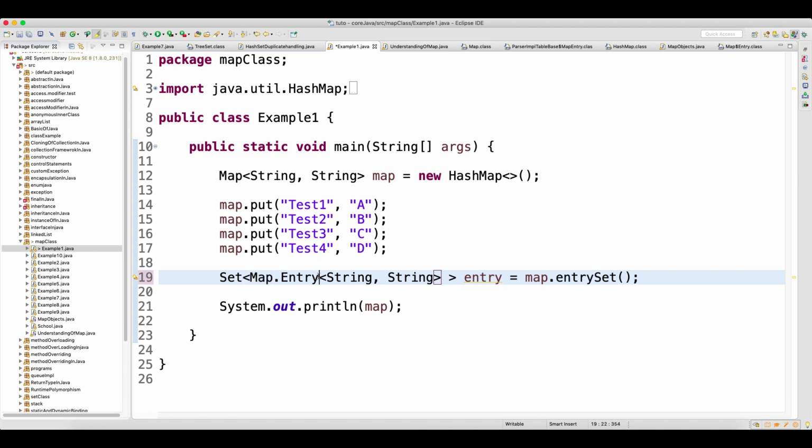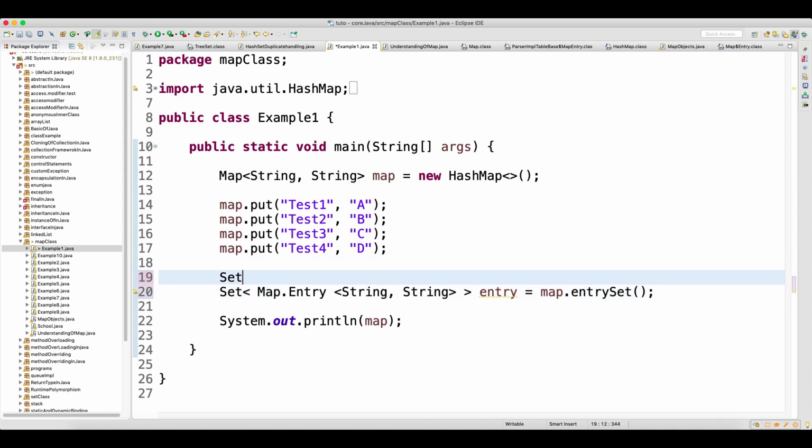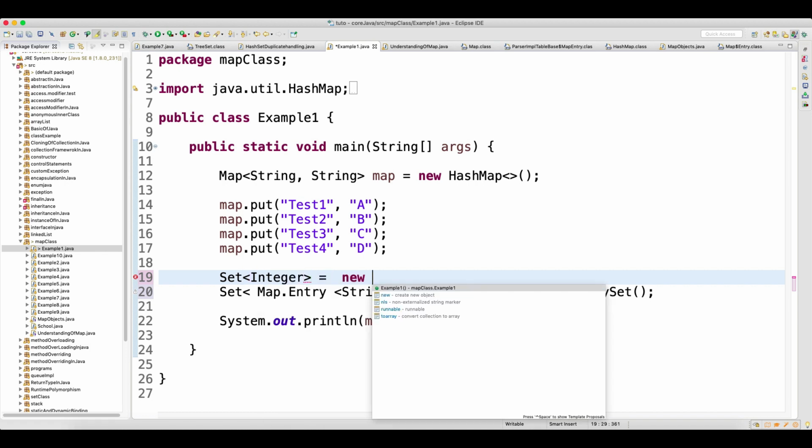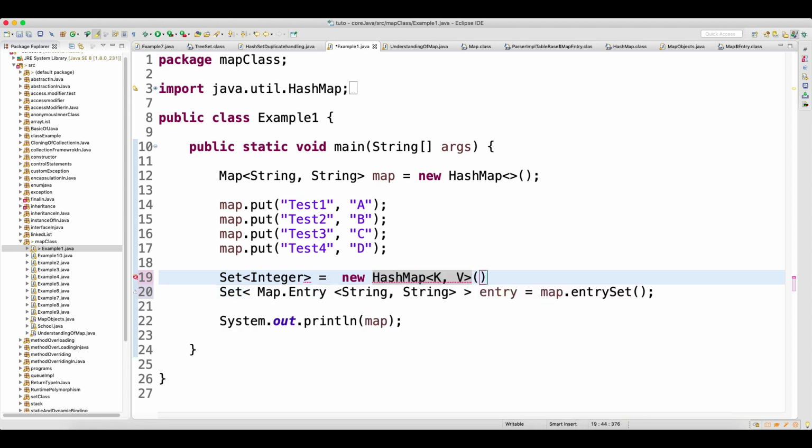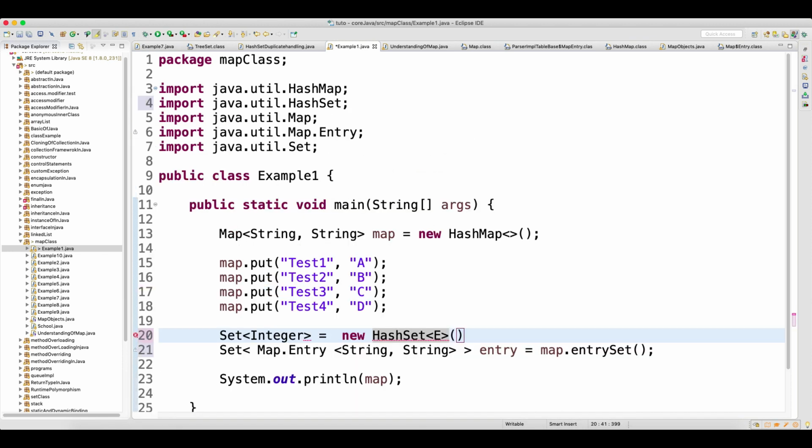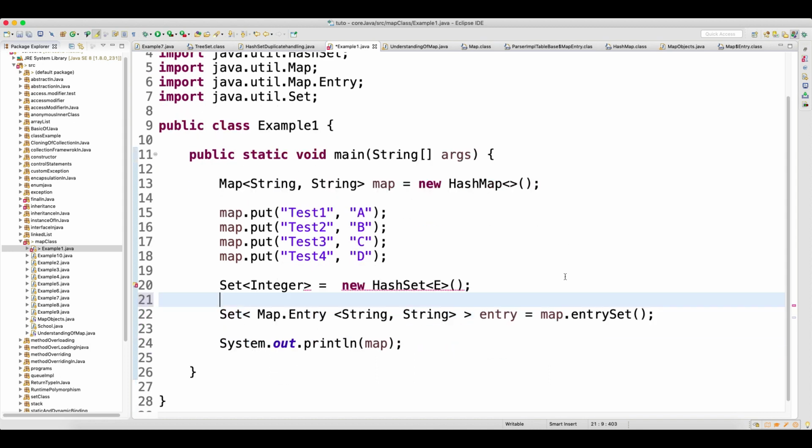So first focus here, what is the type of entry you have entered? A String and a String. So the type is a String of a String, which is of type Entry, right? Now this entrySet, what is the return type? Set. And by now you are familiar with how you create the object of Set. You write like this: Set<Integer> is equal to new, and you write HashSet, right? That's how you create the object of HashSet. Clear?